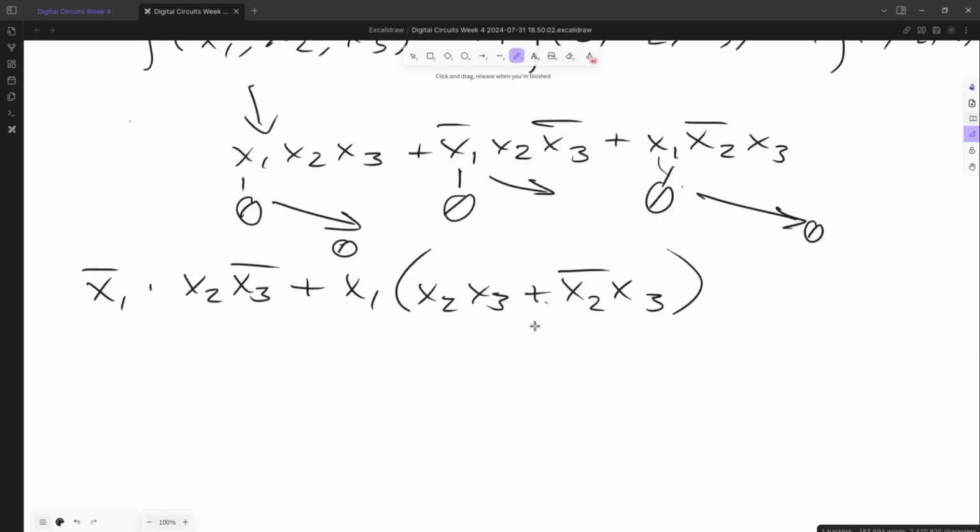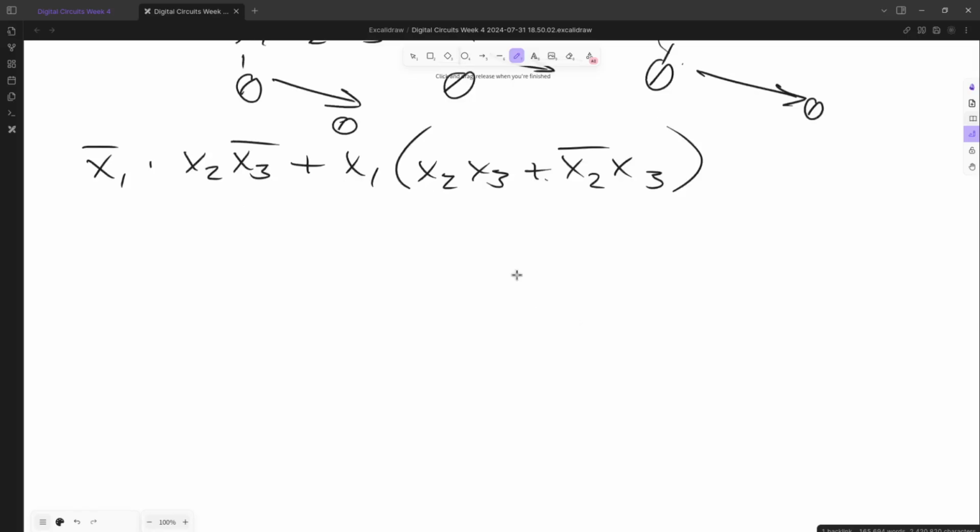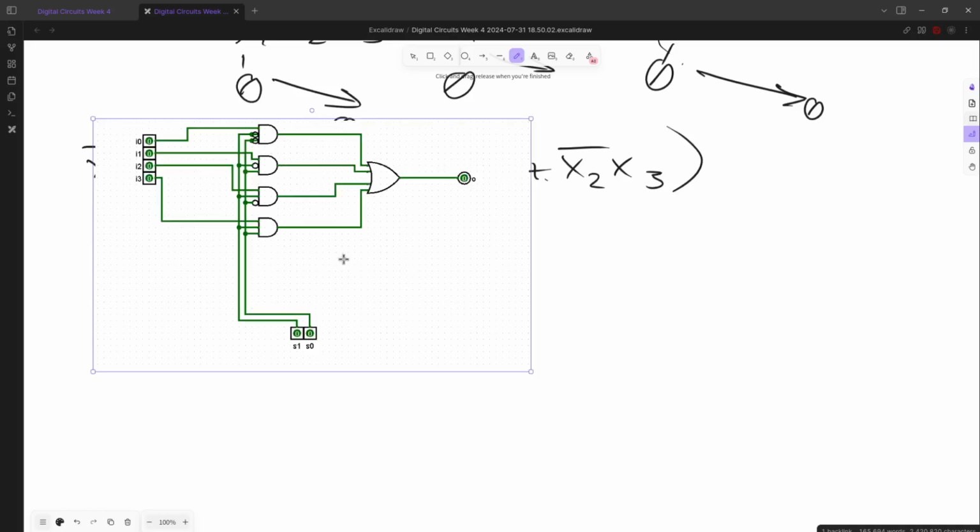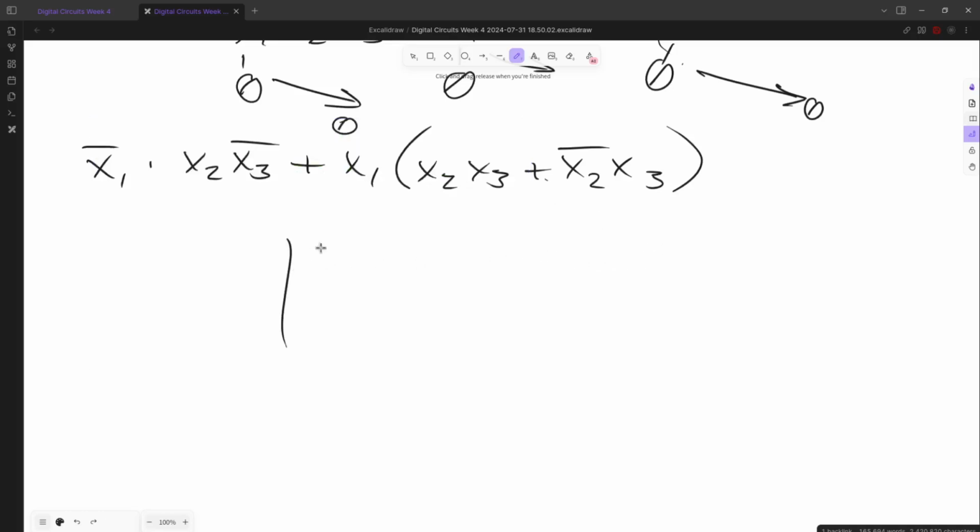You might be thinking, oh well, come on, this is factoring, right? It is factoring, but in a special way. If you wanted to implement a multiplexer with this, let's say I wanted to have x1 as the selector. Well, if x1 is equal to 0, then